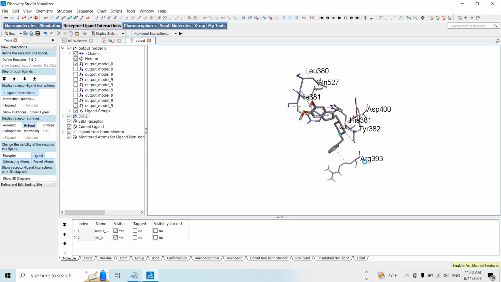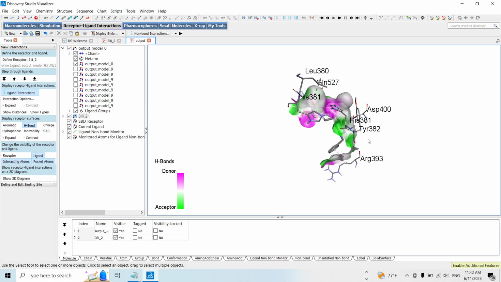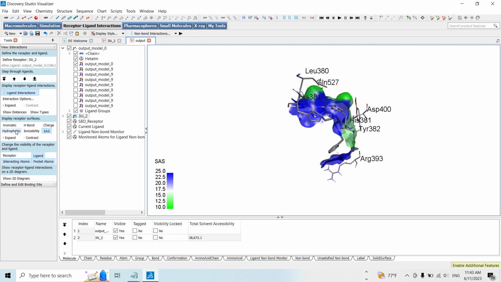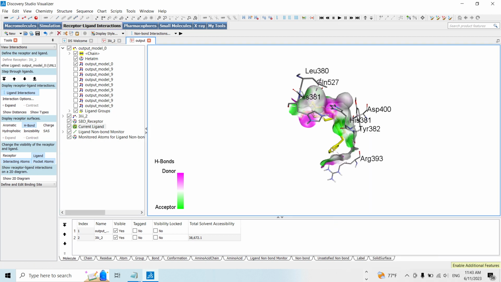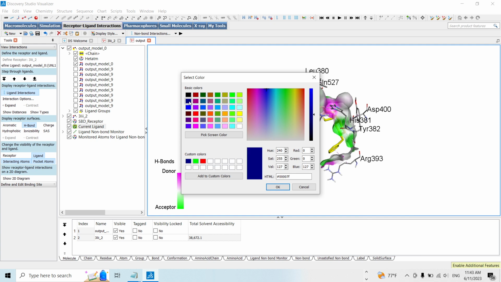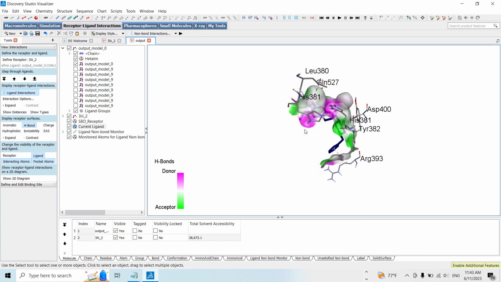So in here, I will add more information. I want to add the hydrogen bond in my 3D structures here. You can see. Wait a minute. Yeah, you can see here they have a hydrogen bond donor acceptor, or you can add the chalk or super SAS or hydrophobic hydrogen bond, up to your purpose. You can choose everything. And in here, I want to change the color of ligand, and because here I choose the blue one, and I click here, you can see,